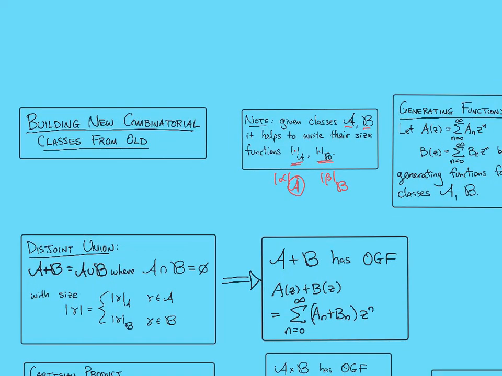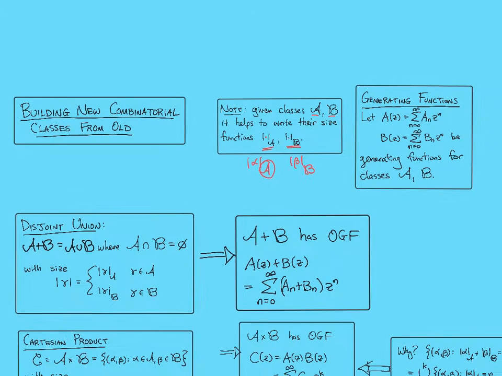Also, we'll have a fixed notation for the generating function. So the generating function for A will be written with this Roman A, and its counting sequence will be A sub n, and similar for B. Okay, so the first